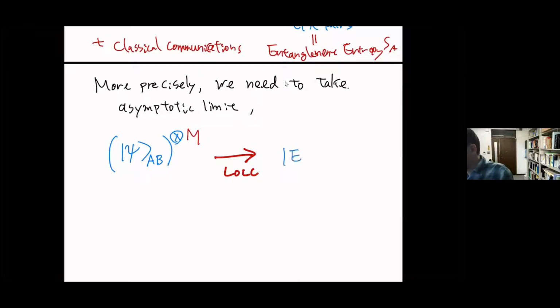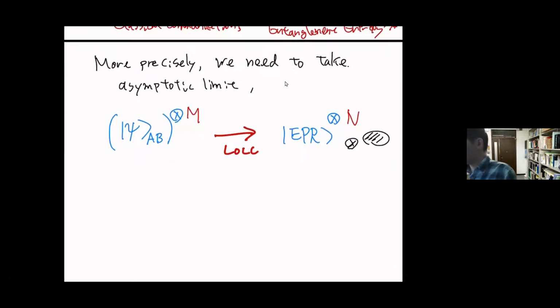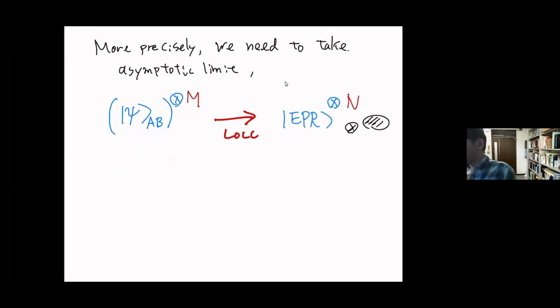Some number N of EPR pairs. But of course there is some contamination, some extra parts. Some of this entanglement is replaced with EPR pairs, but other parts are not entangled, so just some kind of trash remains. We assume that we did this, and we have to maximize over N. Anyway, the basic theorem tells us that this entanglement entropy is actually equal to